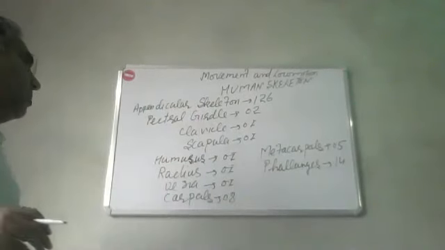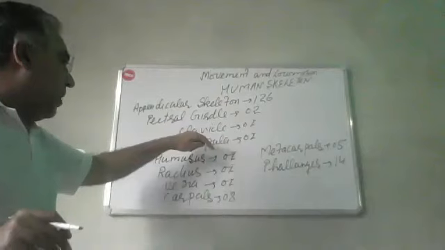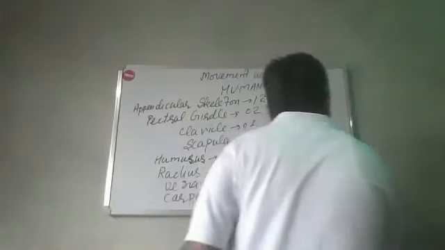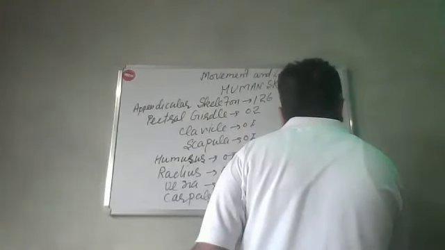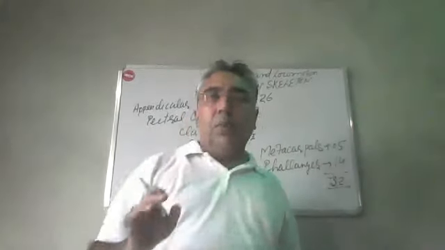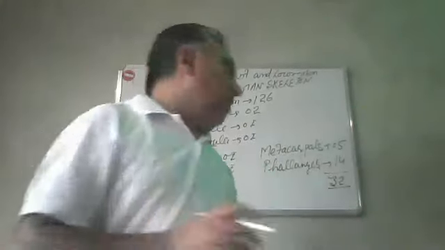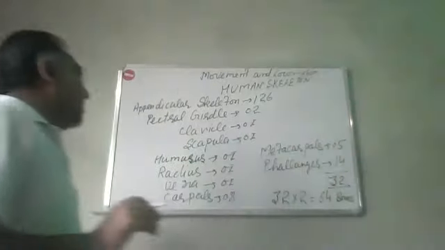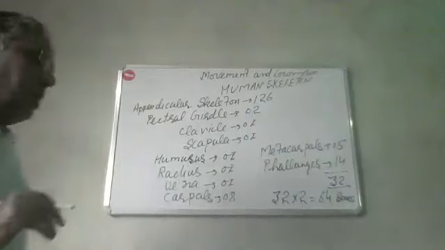All these if we count, 2 girdle bones, and after that 3, 5, 13, 18, and 14: 32 bones, girdle and 1 arm. That is the 32 bones. As you know, we have 2 arms. Therefore, we multiply 32 into 2. That total becomes the 64 bones in the pectoral girdle and arms.